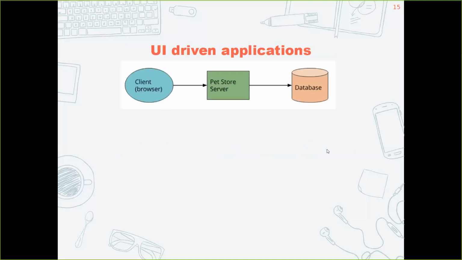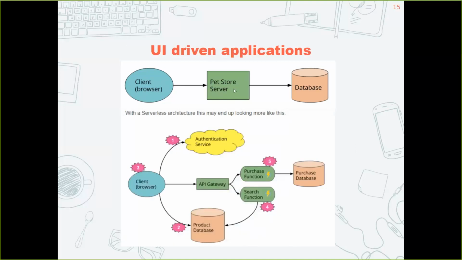Let's talk about UI-driven applications. So in this, what I'd like you to do is think about this, which I've basically nicked from a website. Think about a three-tier application. You've got a browser, you've got the actual code, and you've got your database. Now this is like your Chrome or IE or any kind of browser. You've gone and visited a website to do some kind of action, be it purchase or whatever you want to do. And if I was to replace this pet store application with an API gateway and with functions, now this is what I was talking about, the API gateway protecting your functions.